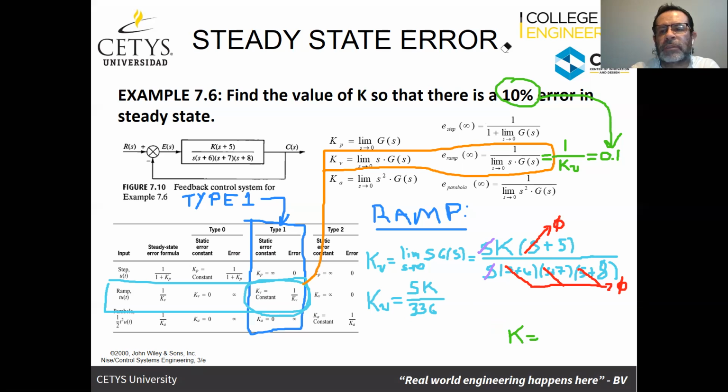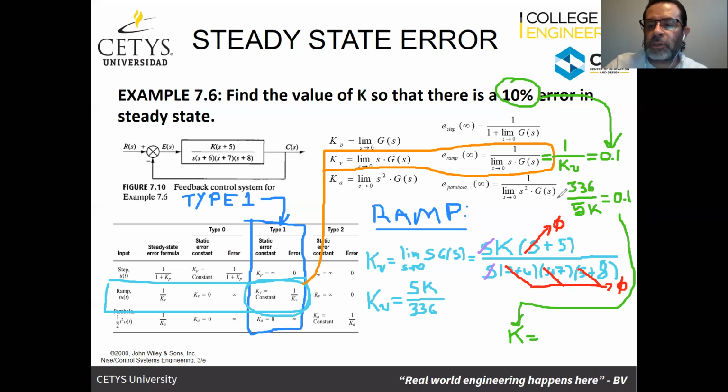So this would mean that 336 divided by 5K is equal to 0.1. And we bring this over here, and this would mean that K is equal to